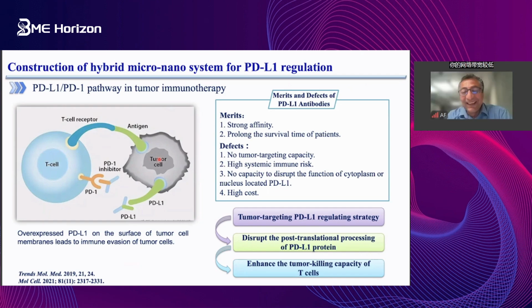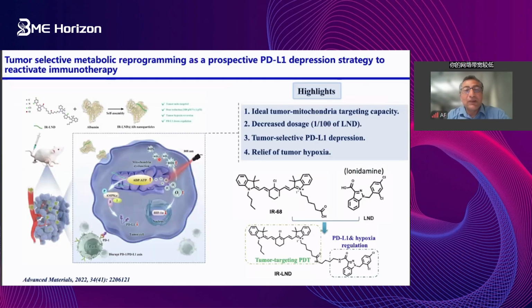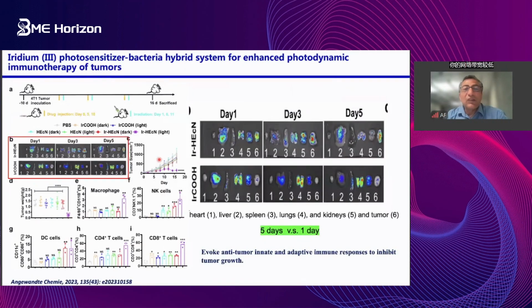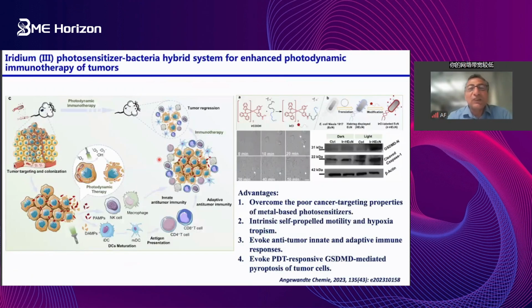Okay. The last one, I am really very amazed about using an iridium photosensitizer for enhancing photodynamic therapy. This is really a very good one. But iridium is actually a kind of heavy metal also. And it's not easy to deal with, especially for photodynamic control. How do you tackle this kind of intrinsic problem? You mentioned it works perfectly well. We'd like to know a little bit more about it.